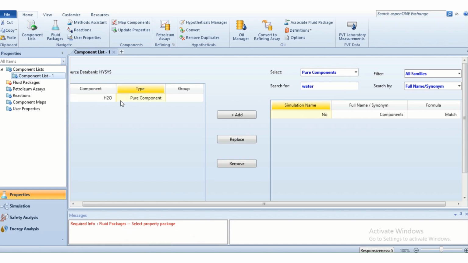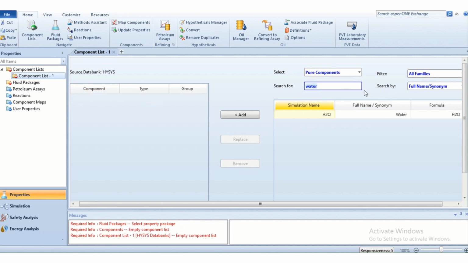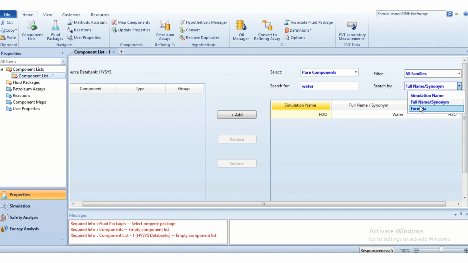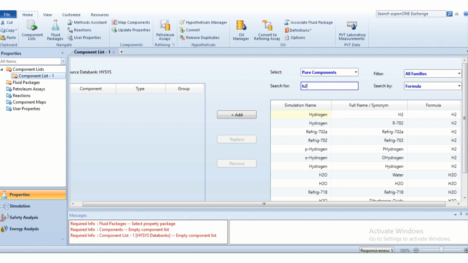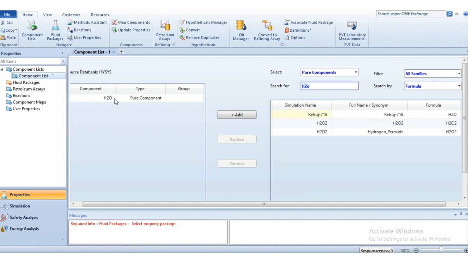So it's added in the component list. Alright. Or if you don't know, for example, there is a substance whose full name you don't know, but you know its formula, so you just enter the formula. For example, for water we have H2O, and either double click on it or click on water and then Add, so it's added to the component list.